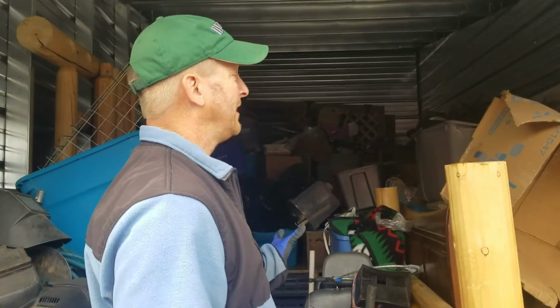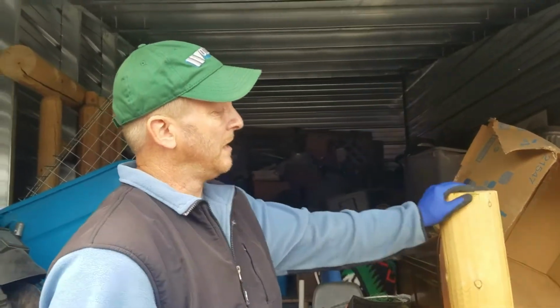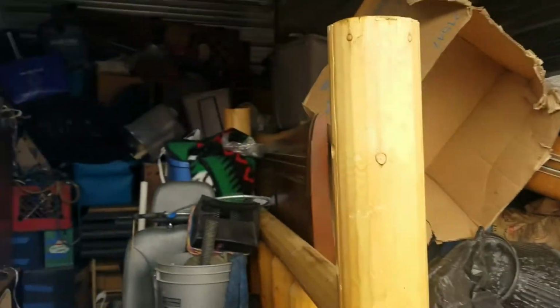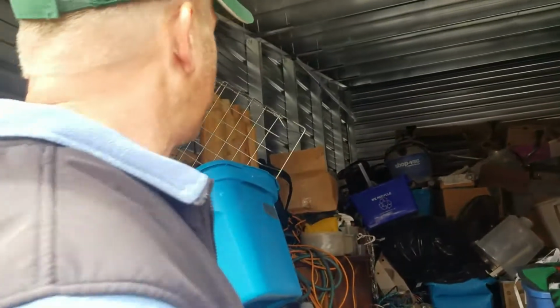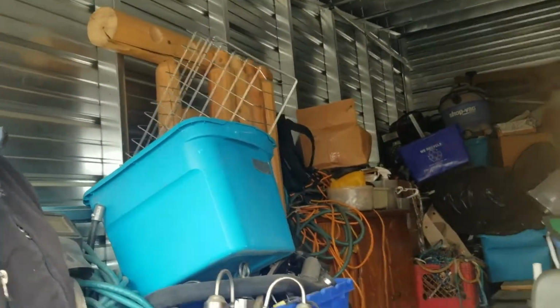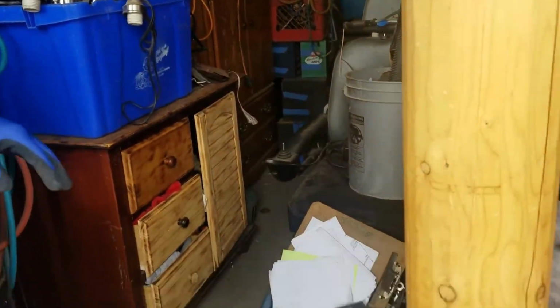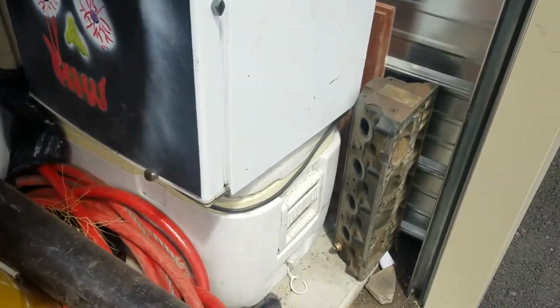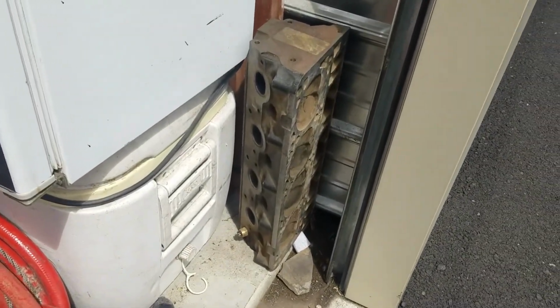And so we got another unit this morning, an online auction. Couldn't really see too much in there, but we saw this log bed frame. The other half is just over here. We could see automotive stuff kind of from the door. You could see there's a weed eater in the back, but as we're looking, there's a lot more automotive stuff